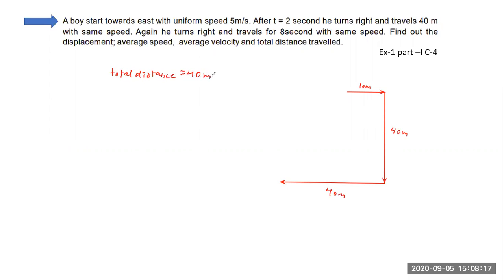Now talking about the displacement, the displacement, this is the initial position and this is the final position. So joining the initial position to the final position, that will be your displacement. Let me put a straight arrow from there to there. So this is my initial position, let me call it I, and this is my final position. The particle goes like this.